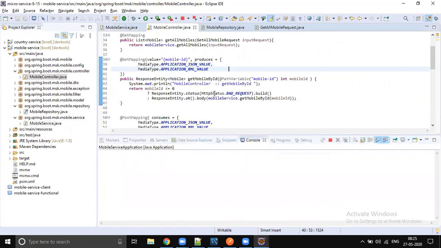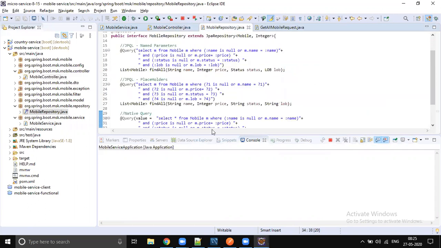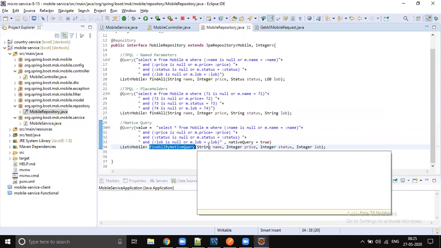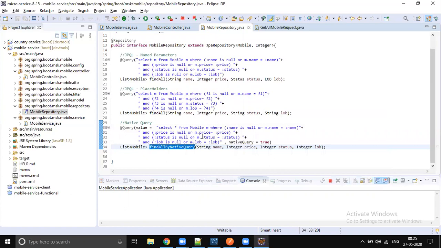There is one more option available called the named query. The named query can be any of these. It can be a placeholder query, or a named parameter query, or a native query. The difference with a named query is we will give some name to our query. So how exactly will we write named queries?